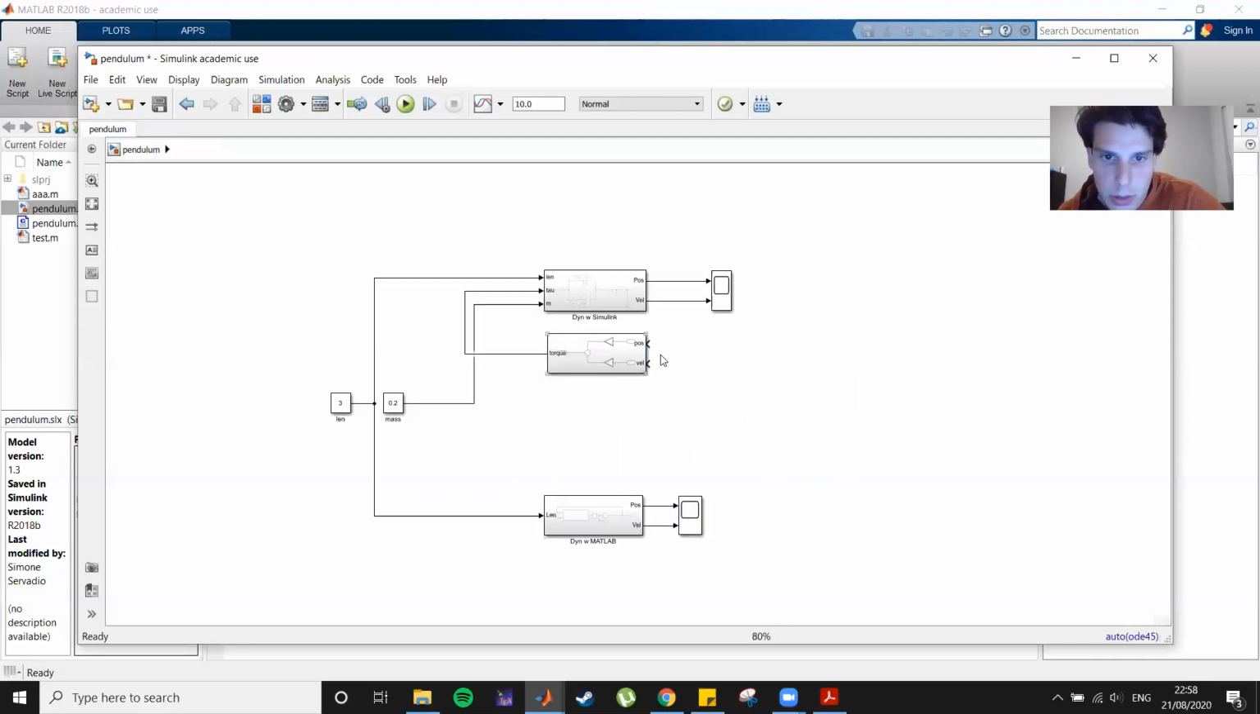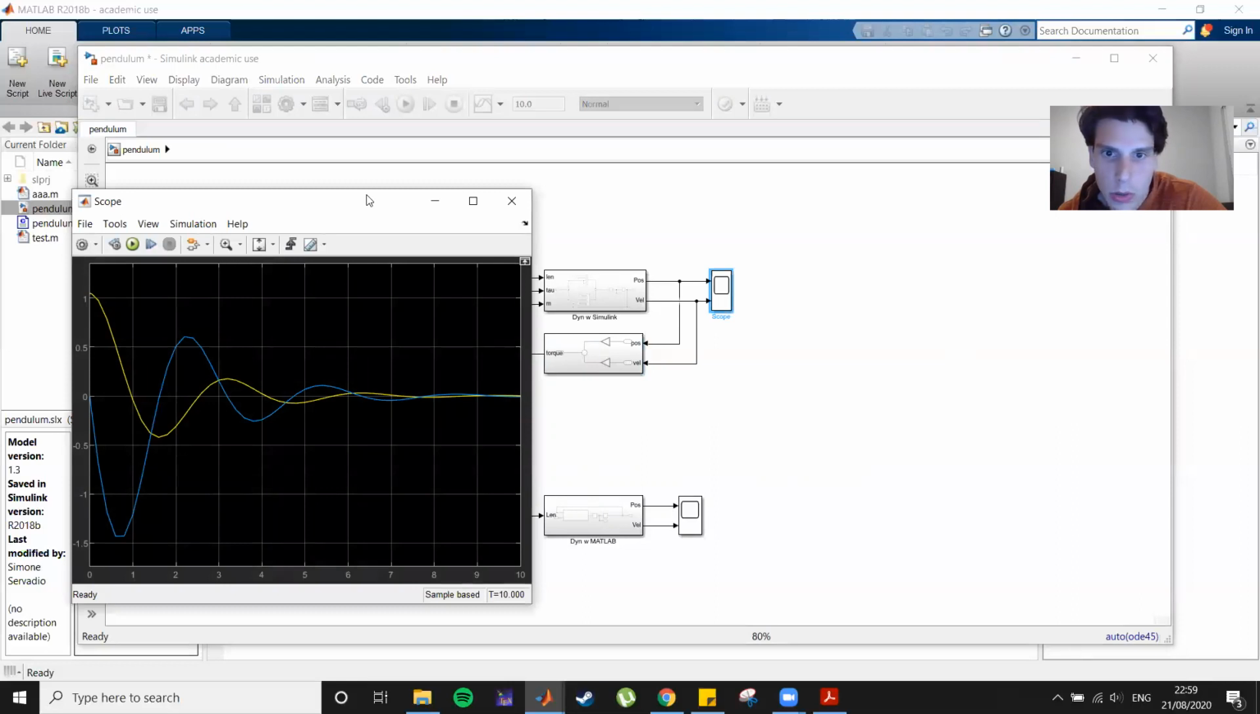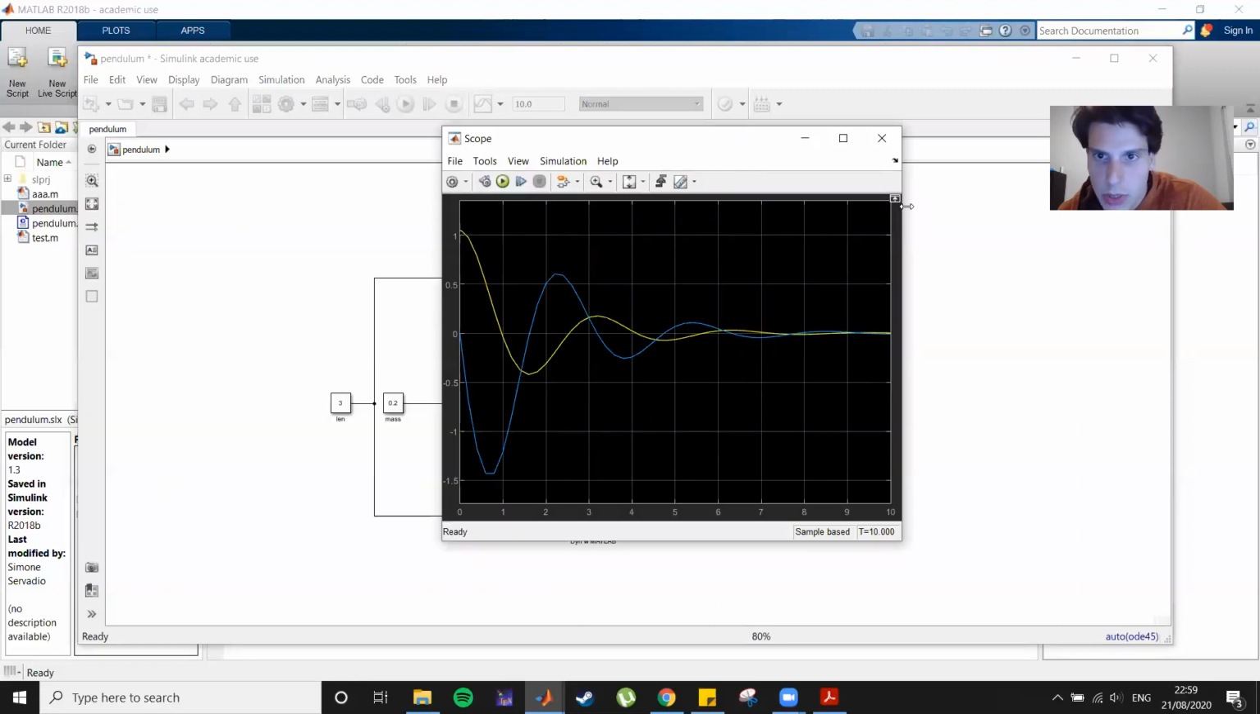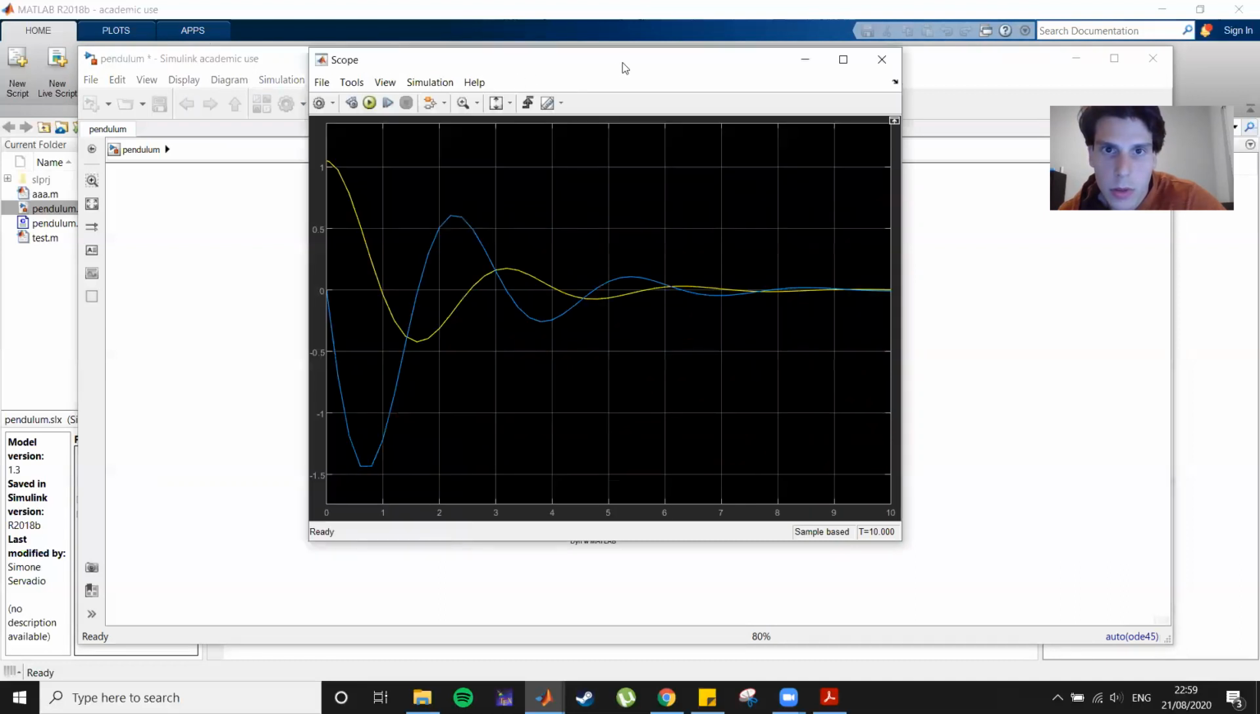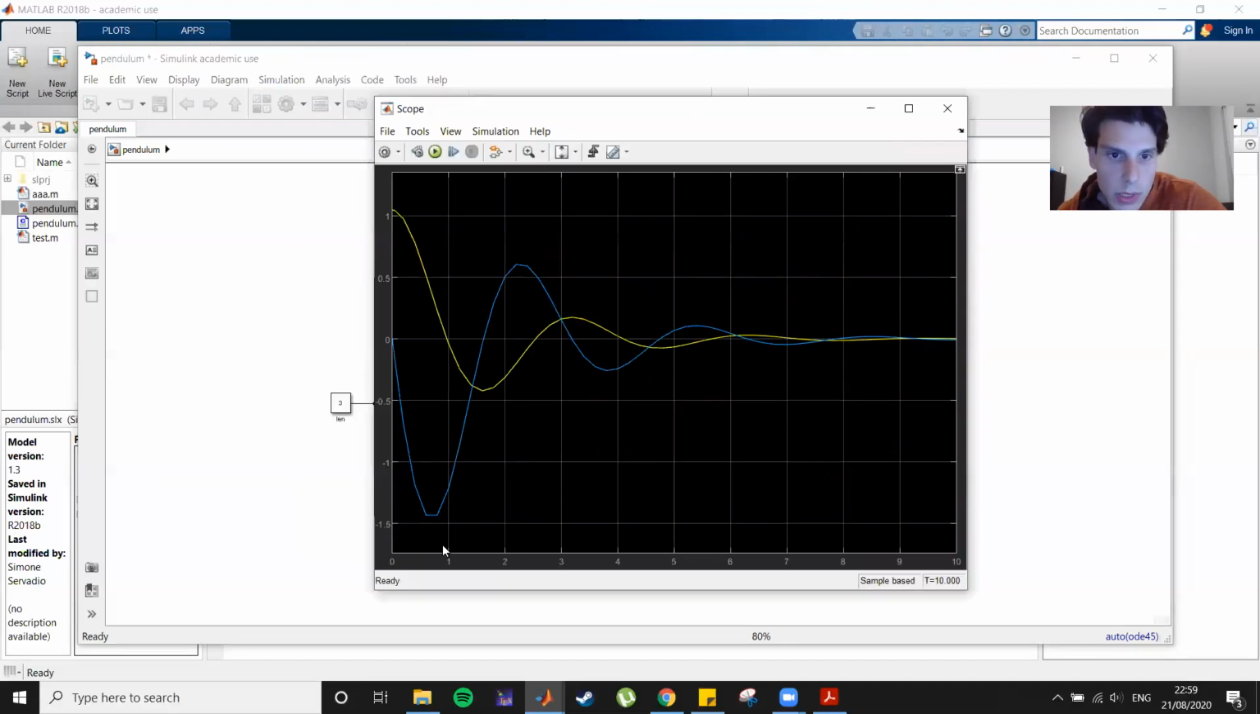Let's go back. I said this is position, and that gets position. This is velocity, that gets velocity. Let's run it. And here we go. Look how beautiful it is. Indeed, we start at 0 for the velocity